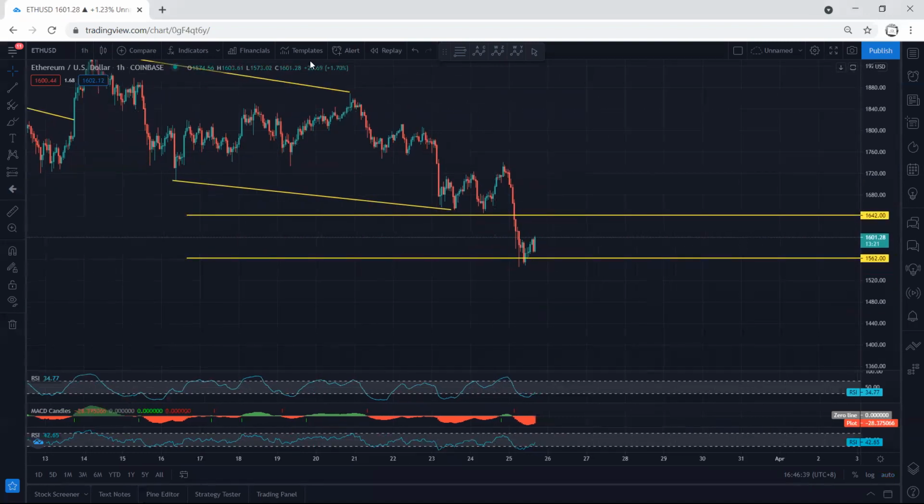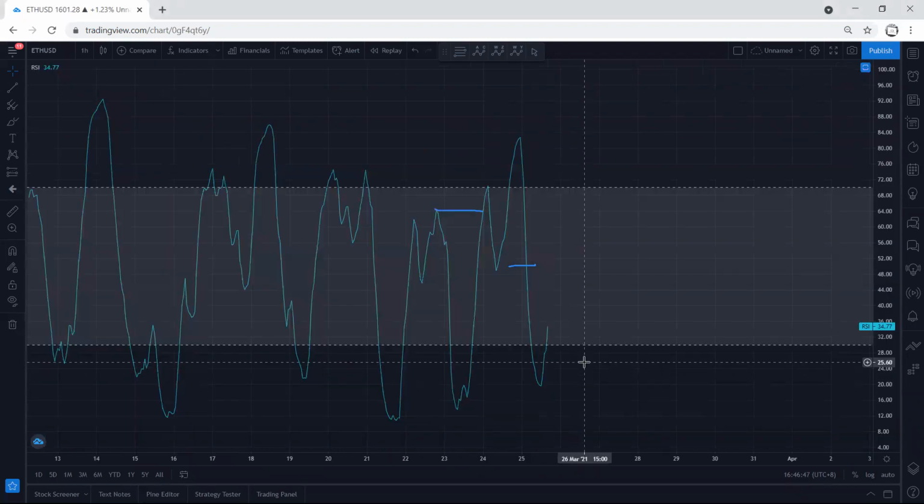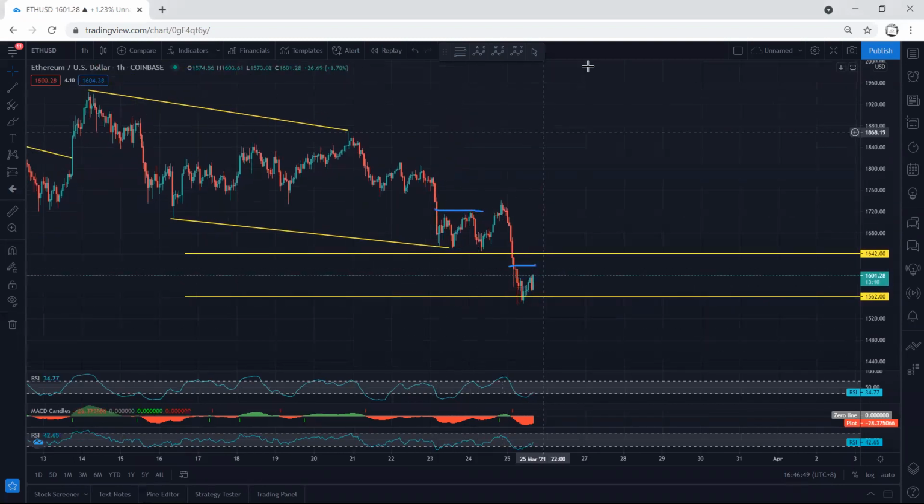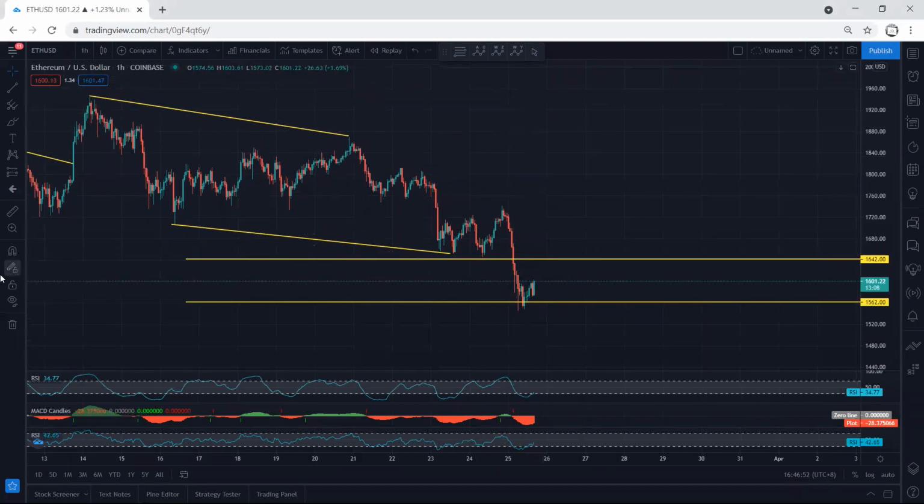First thing, I want to put this one relative to this. Based on the indicators, MACD doesn't show us anything, but the other one gives us a divergence. We cannot rely on that. Now, how are we going to trade it? For me, if I want to trade,